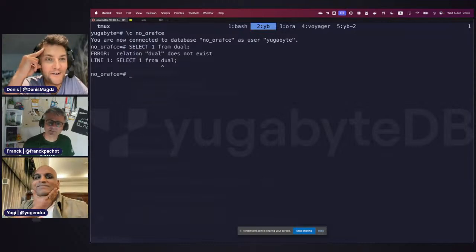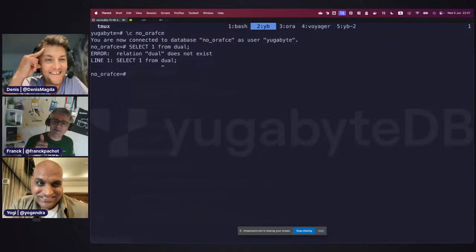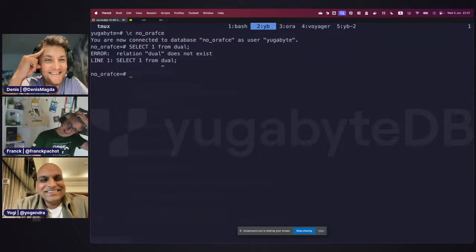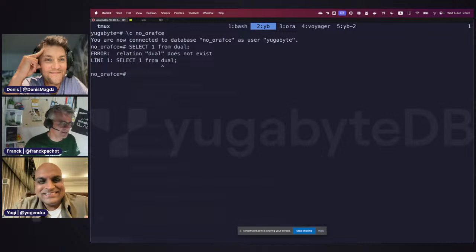First thing, you don't need it anymore, because I see that you were in 23ai, and finally they removed it, so you can do a select one. I think this table has always been there, and it's called dual because at some point I suppose it had two rows.